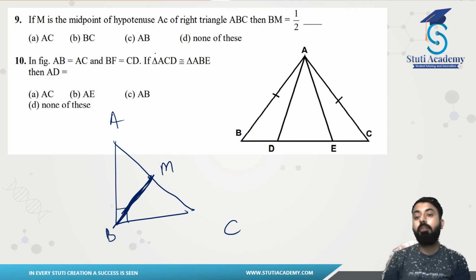See, M is the midpoint of hypotenuse AC, that means this half is same as that one, and you have to prove that BM will be half of what? This side will be half of which side? Now this is quite easy. I have already explained this question in earlier sessions also. You can just try this one on your own, you can just wait for the solution. So let's see what